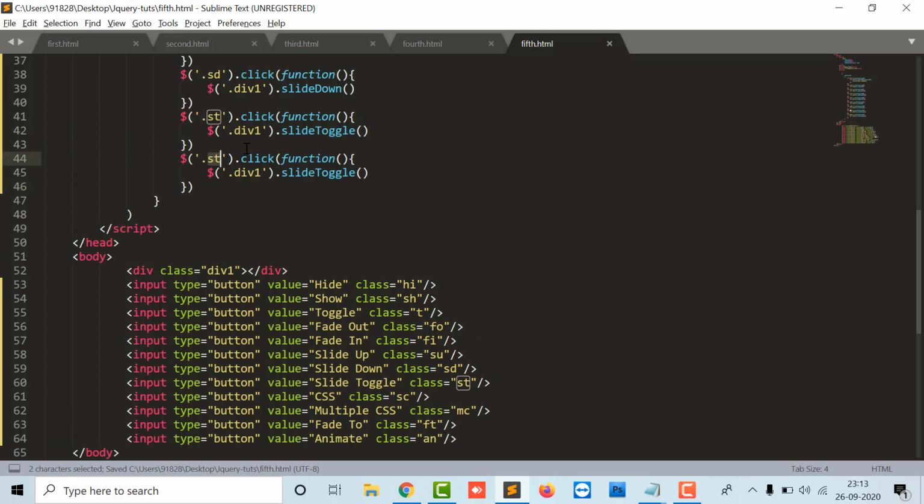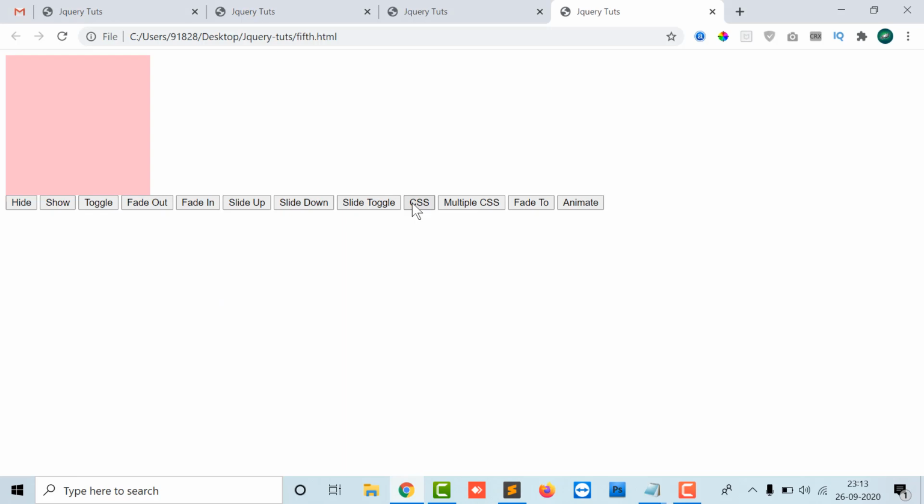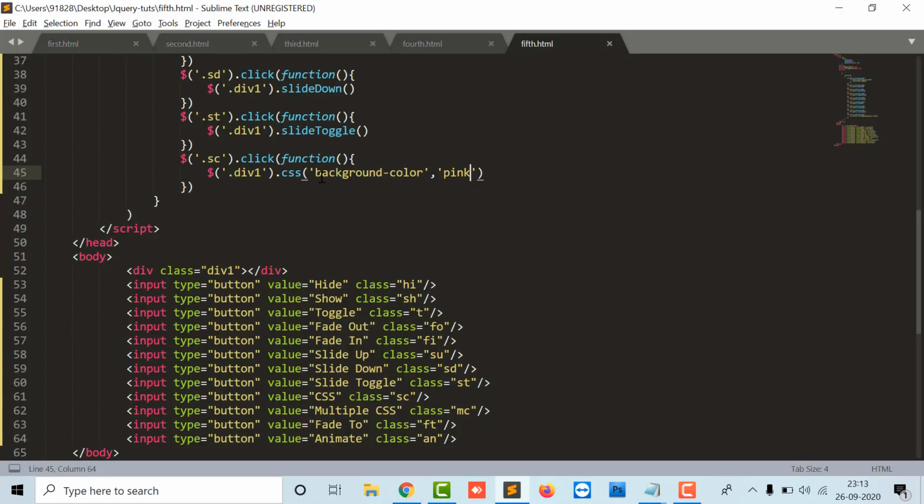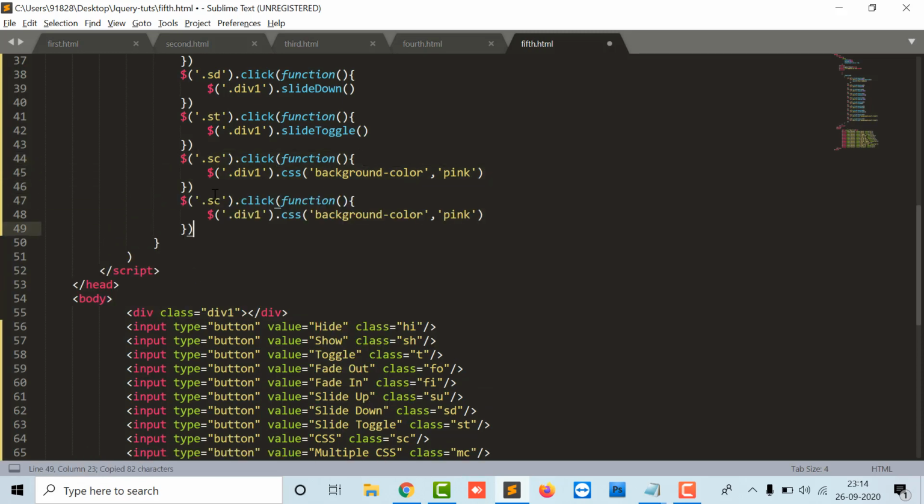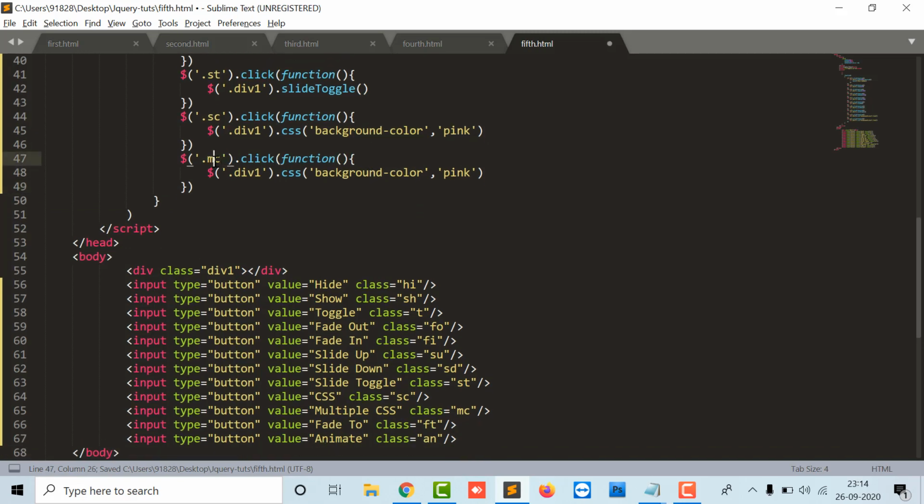Then in this you can assign a single CSS. For example, the dot css function is there. So background color, if I want to change it to pink, a single CSS will change it to pink. Here you can define only a single CSS property, and after that a comma, and then its property value. If you want to define multiple CSS, you can give it in a curly bracket, and instead of a comma you write property colon value, comma, property colon value. So in this way you can write